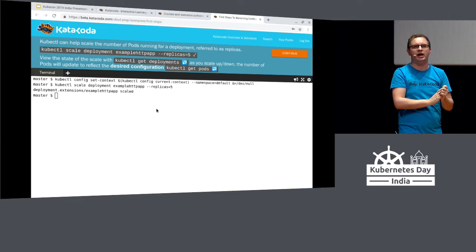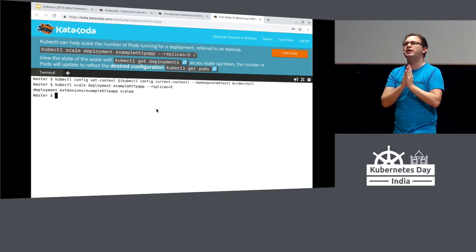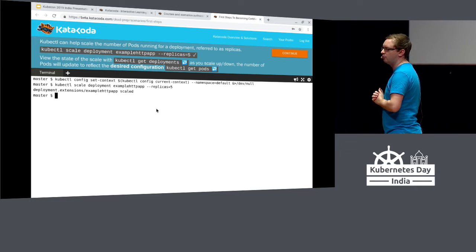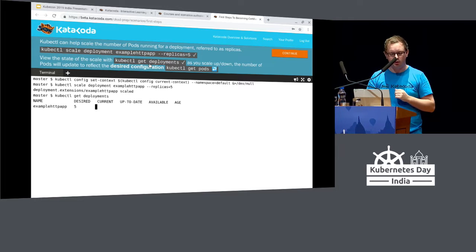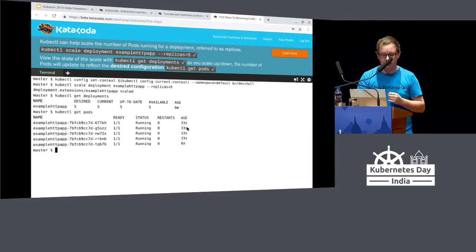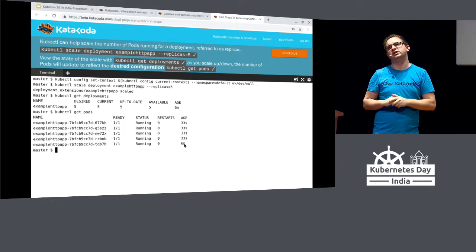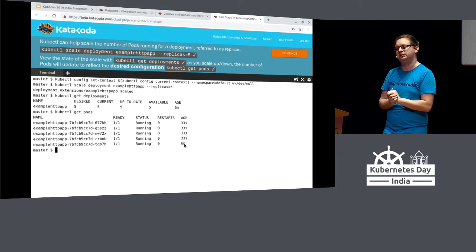In this case, we're saying scale our deployment, give it the name that we're interested in, in this case our example app, and telling it how many replicas we want. How many instances of that pod do we want to be created? And so in this case we said we need 5 instances. And we can check using the command line again, what does Kubernetes know? You can see we've got that desired state of 5 instances and they've all been available. And when we list our pods, we've got our existing one, which was started 6 minutes ago, and our 4 new instances that have been created to help us scale with our load, help us manage those peak capacity demands.